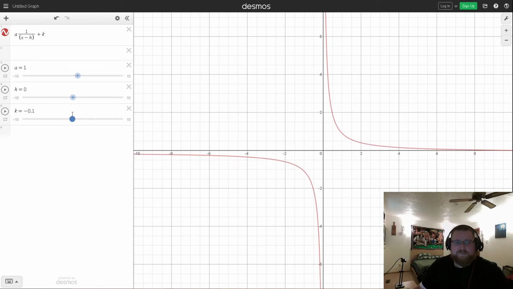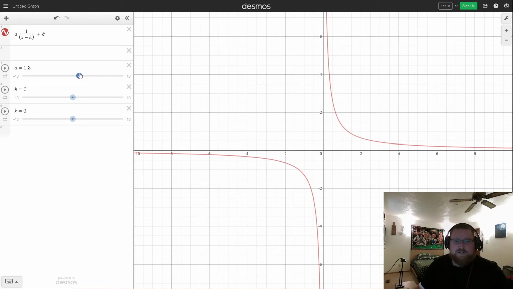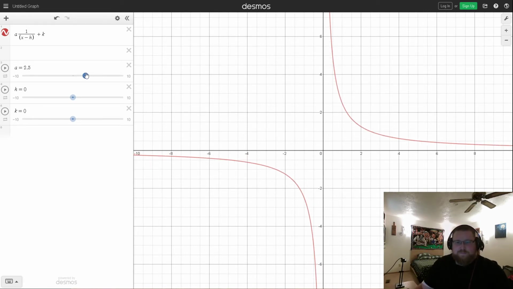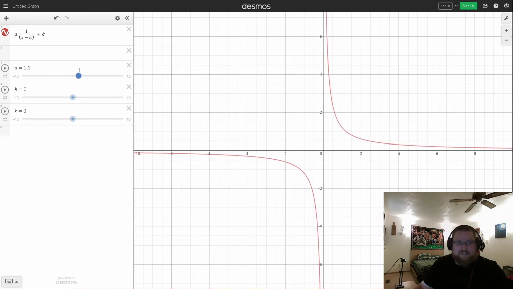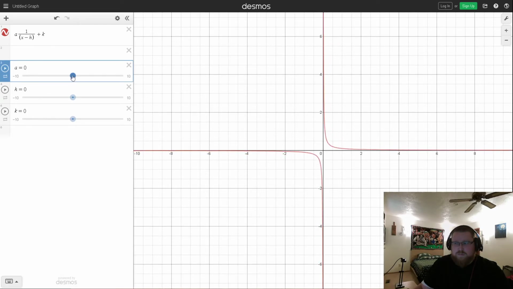And a, you can see how this graph also sort of has a center at 0, 0. If I make a bigger than 1, it's going to pull away from that center. If I make a less than 1, but still positive, it's going to pull towards the center. And if I make the a negative, it's going to flip across that center. So let's take a look. Notice how it's taking that picture and just separating it out, pulling it away from the center. If I make a less than 1, but still positive, notice how it gets closer to that center point, and then when it gets negative, it flips the entire graph